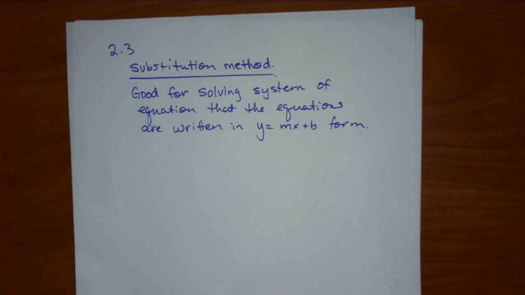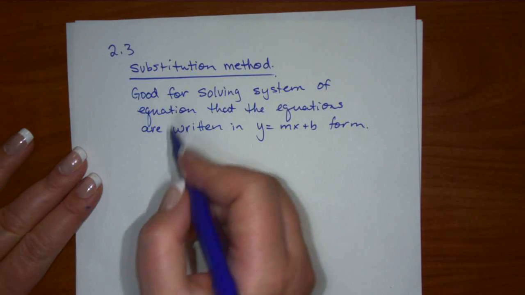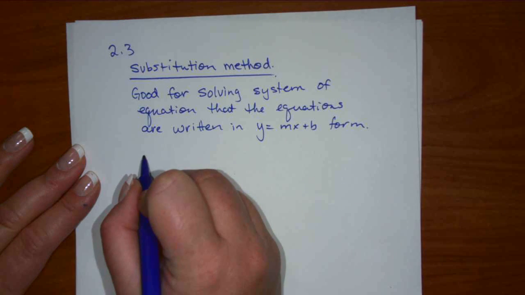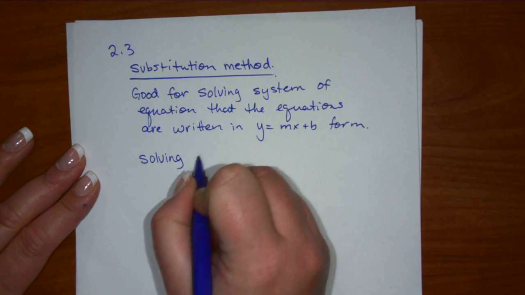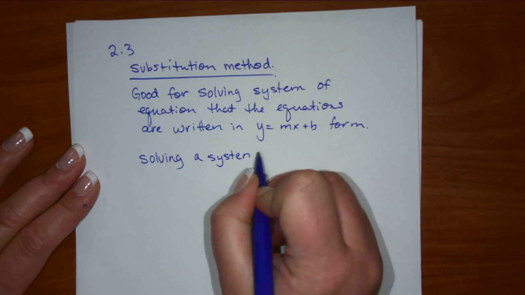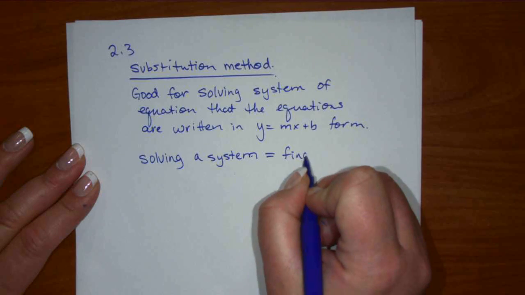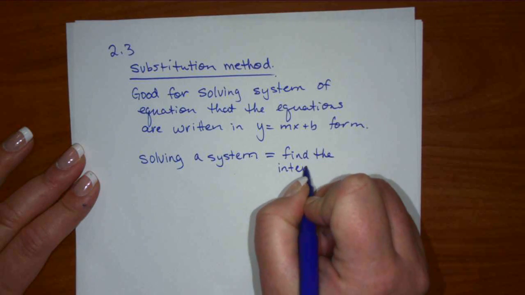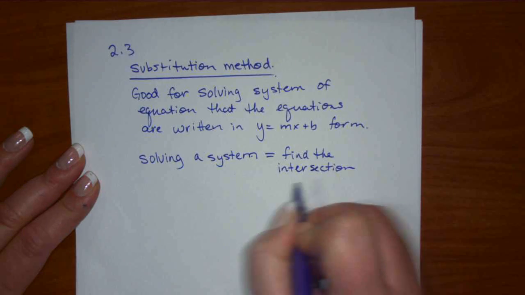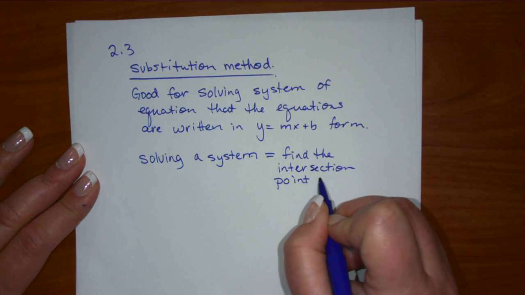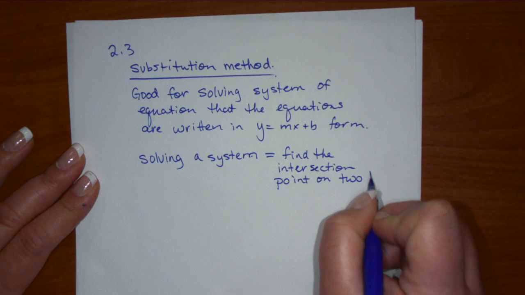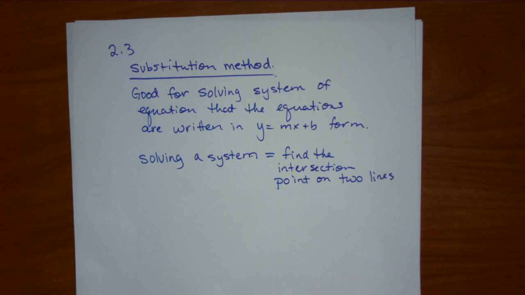So a system of equations means just more than one equation, and in this class we're just going to see two equations. Solving a system means to find the intersection point on two lines. If you're taking linear algebra, you would see more than two equations and how to solve that using matrices. But in this class, we're just solving two equations,